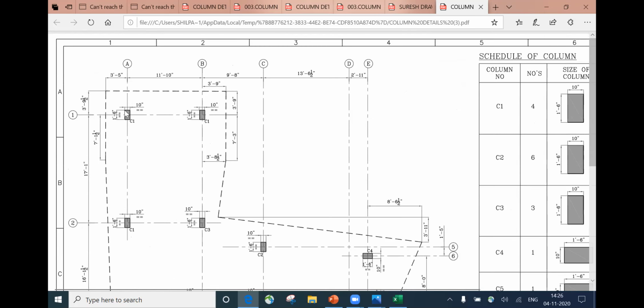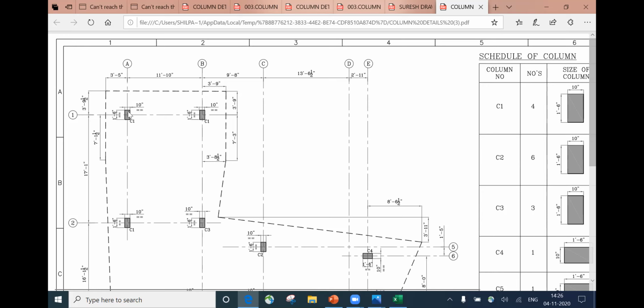We'll try to see this. What is this? It's written as 10 inches. So far, whatever we saw, we were speaking in terms of meter. Since it is feet and inches, we have to either understand how much a foot is in mm, or convert the other way around. For example, it's 10 inches. I know that 1 inch is 25 mm. If I convert this, 10 into 25 is 250.